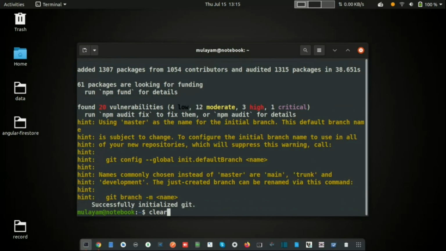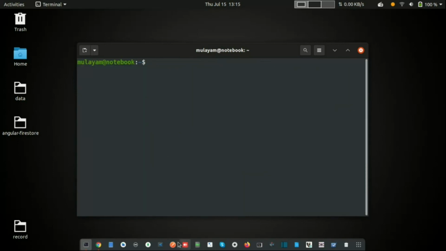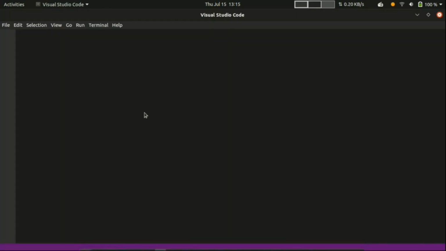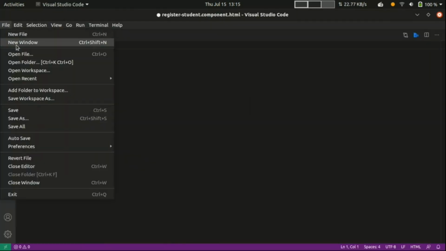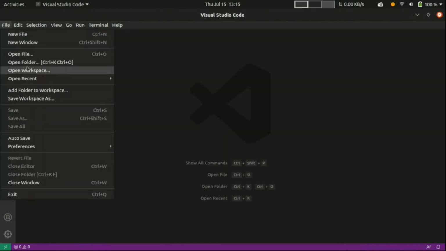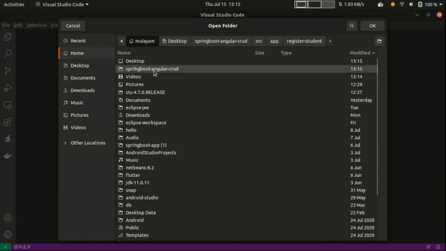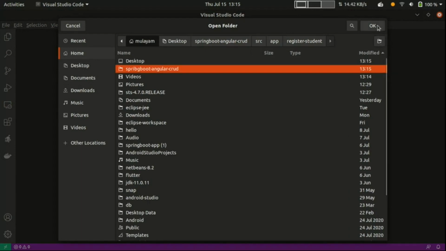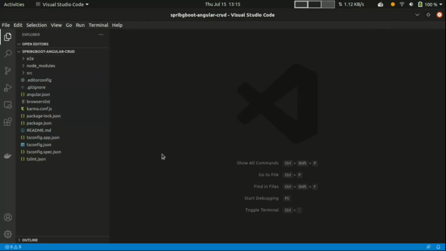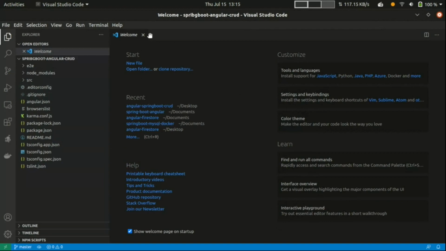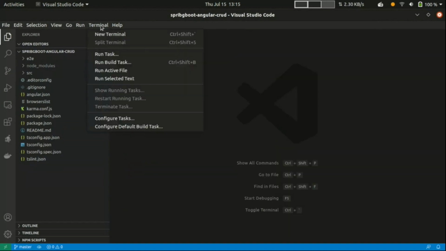Okay, so the project is created now. Just open this project in Visual Studio Code. I can just import it, open folder, go here and select the project folder. Okay, now the project is imported.